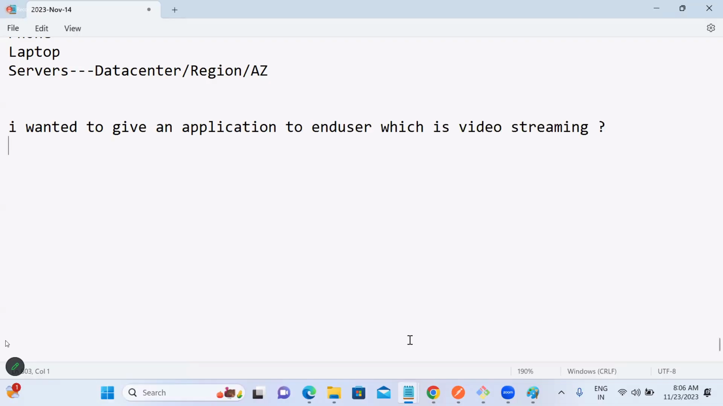Please help me with the steps. I don't have cloud for now. Just tell me what we need to have. Please go ahead, tell me some points which you know. I want to give an application to an end user, like for example,